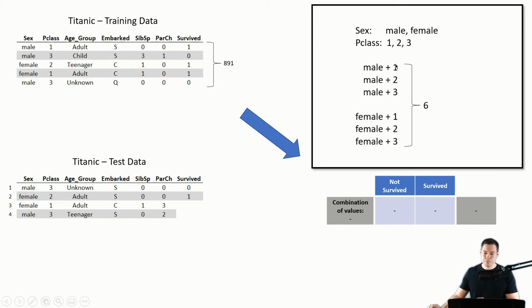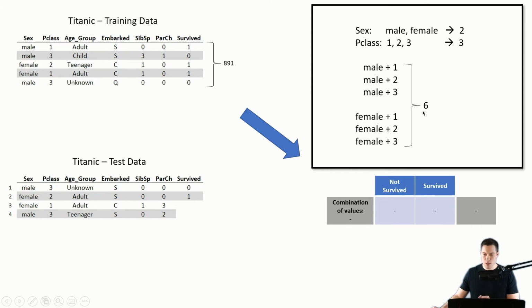Now, when we want to determine the number of total possible combinations for all the features in our data set, writing out all the possible combinations is not really practical, but luckily we don't have to do that, because we can also calculate this number. Therefore we simply have to know how many distinct values each feature has. So let's do that here for sex and passenger class. Here we have 2 different values, or 2 distinct values, and for the passenger class we have 3. If we simply multiply those numbers together, so 2 times 3, then we also get the result that there are 6